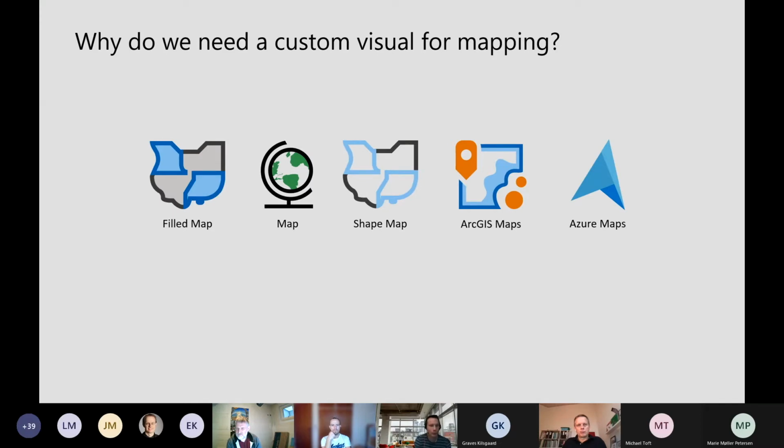We have the filled map, which is a choropleth map for Power BI. That means that it will display colored in shapes on the map, usually counties or American states or postcode areas. But the problem with the filled map is that you have to use the built-in geographies or built-in boundaries that it understands. And outside of America, these are very limited, which makes it pretty much useless for any country outside of the United States. The shape map, however, does help to address that in that you can upload your own boundary files, but